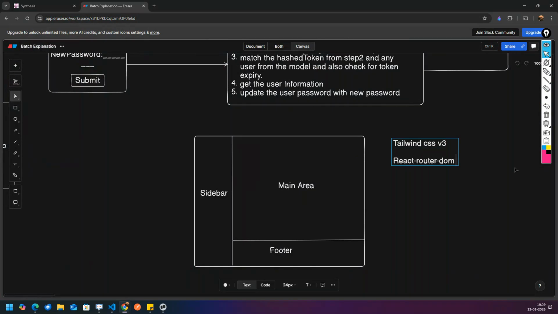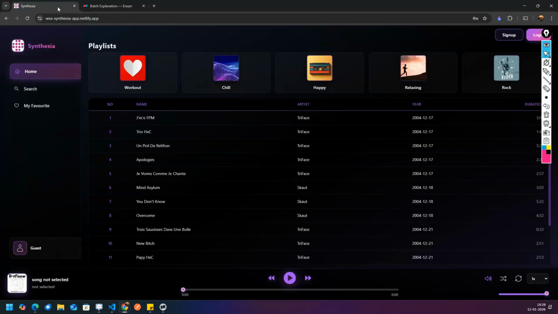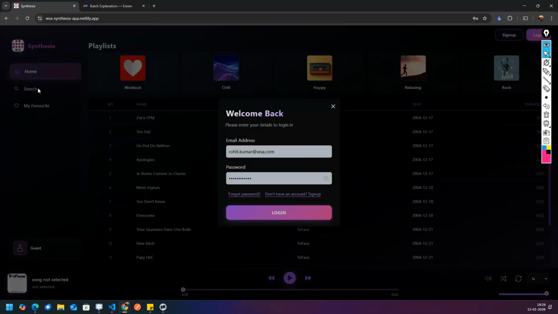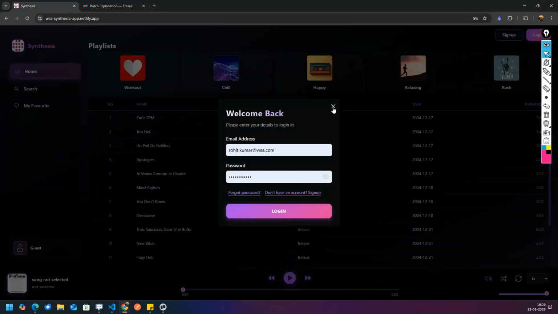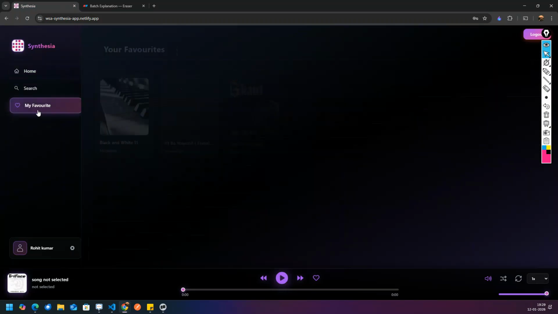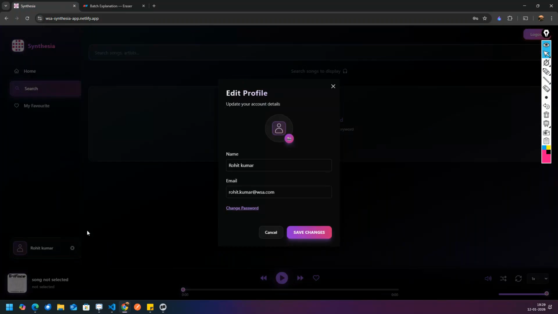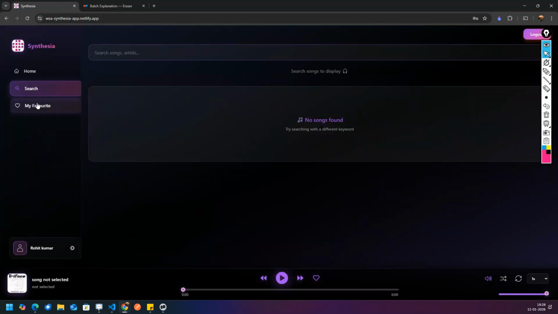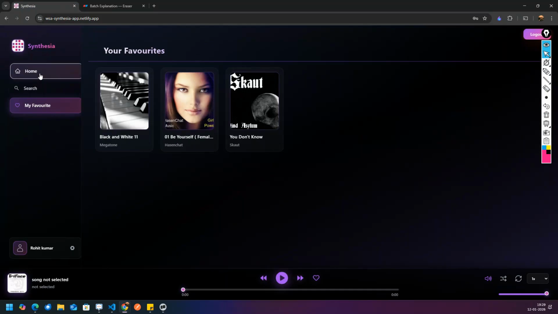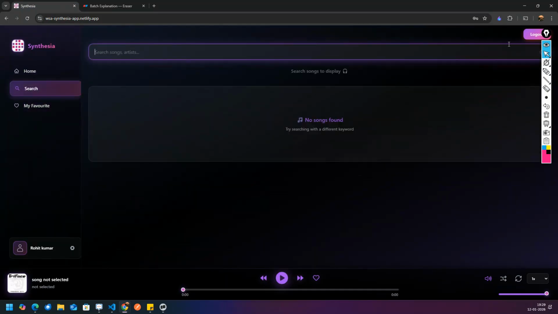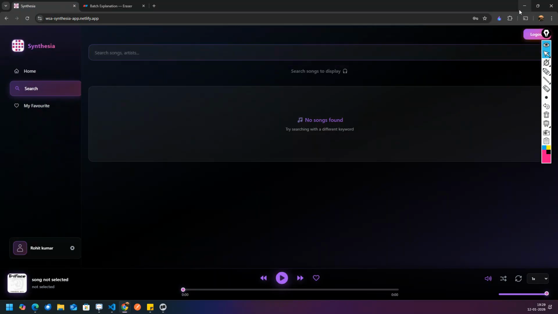Pages means, over here, if you go for the search one, it is a pop-up again. The login pop-up is coming now, so you can log in over here. If you go to my favorites, this is also a pop-up. I think everything is a pop-up. So routing we will decide with React Router DOM.